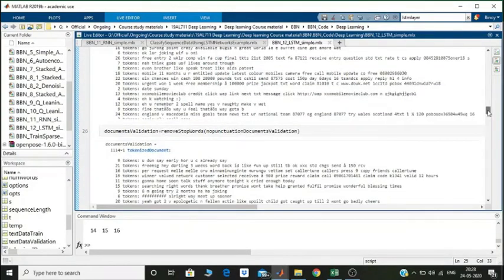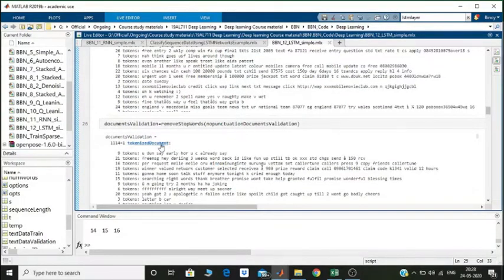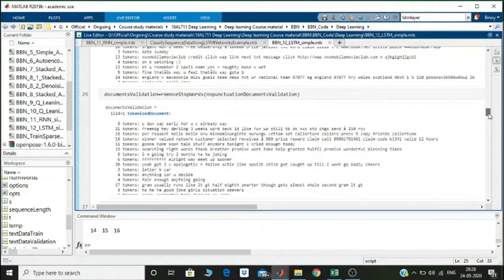Okay, so you can see here, after the same validation documents, all the unnecessary things are gone. You can see a and the, those kinds of things, have all gone away. So now we have further reduced the number of tokens. If you remember, this is the validation dataset's first sample.